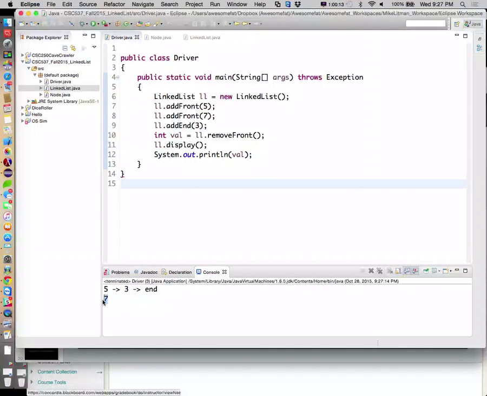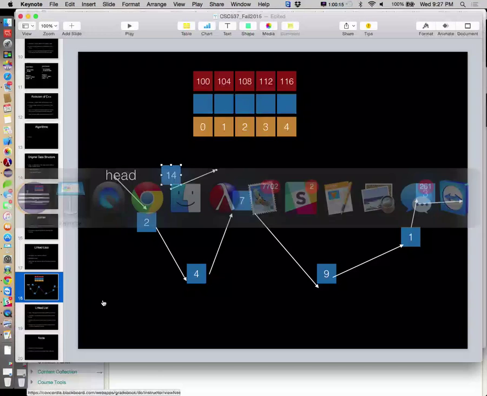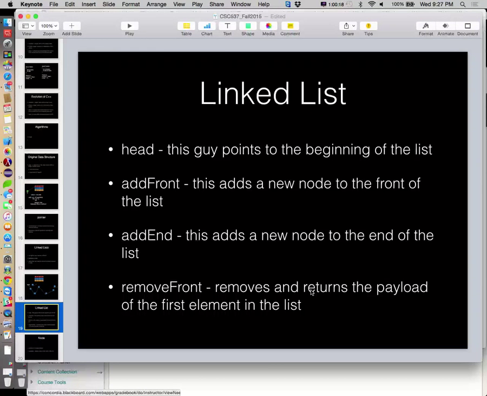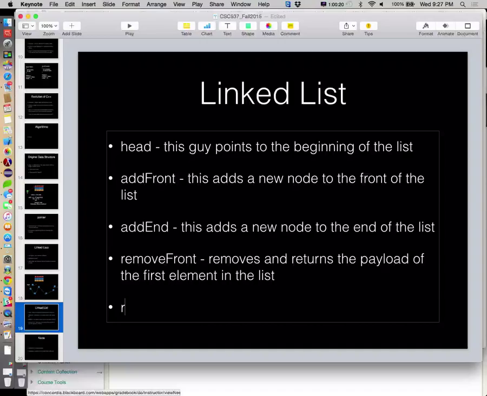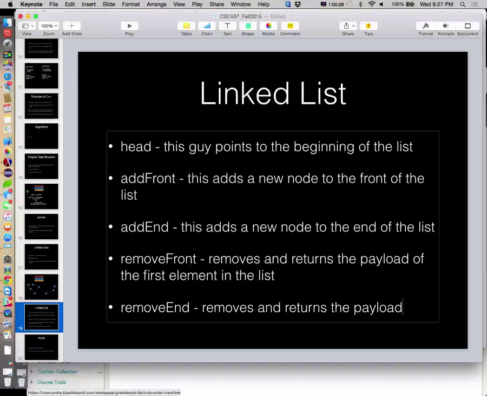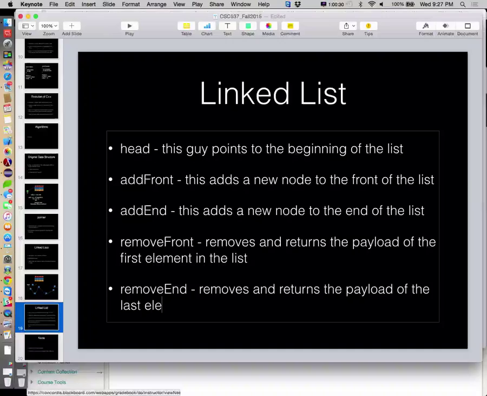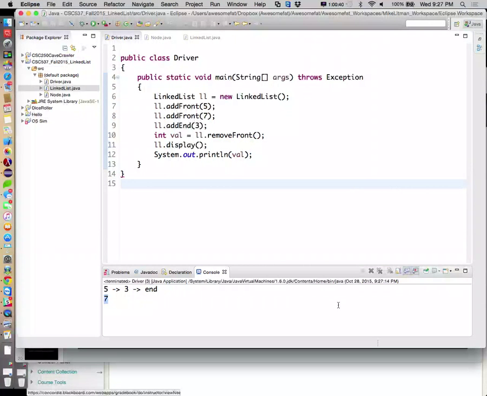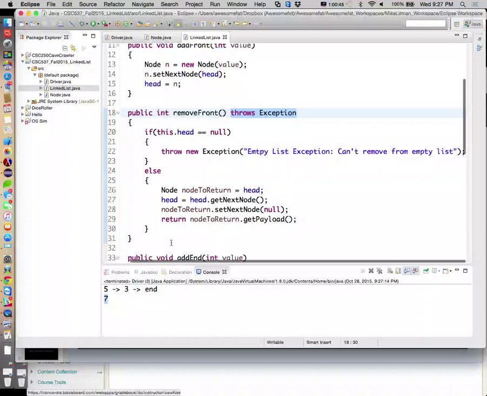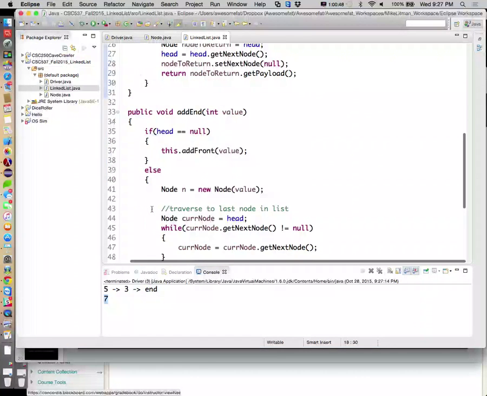All right, now remove end. It removes and returns the payload of the last element in the list. Right off the bat, we can help ourselves a little bit. So let's go into LinkedList, and we'll do remove end right after add end.